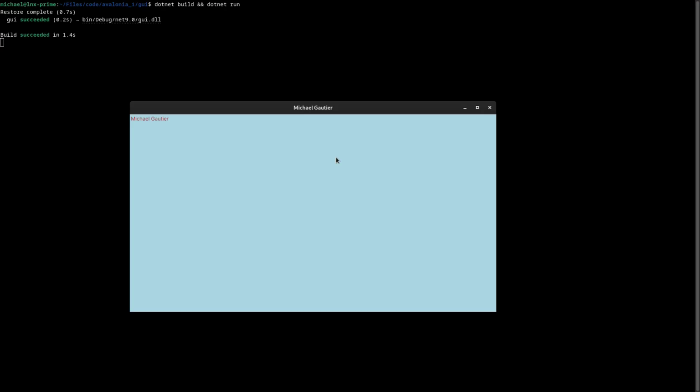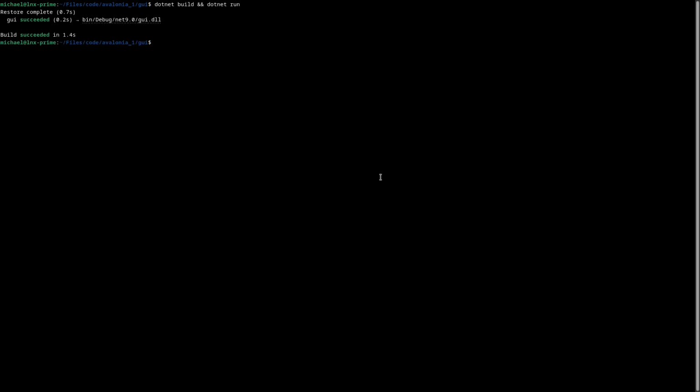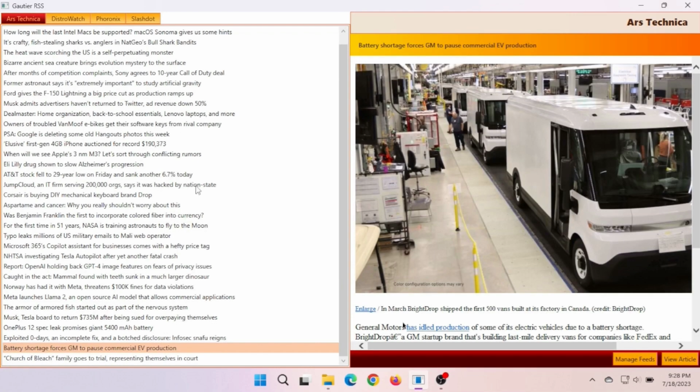But for me, this is pretty exciting. All the basics seem to be there. And I'm going to keep you apprised of what happens when I take this WPF application and try to brute force convert it over to Avalonia. And I say brute force convert it because I'm not going to rewrite it from scratch. I've already written it in WPF and C#. And so if Avalonia is 99% the same as WPF,